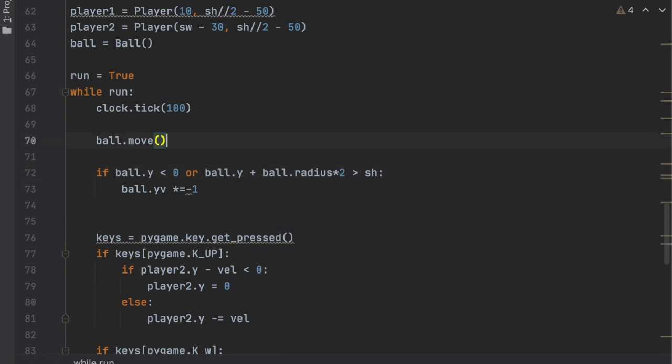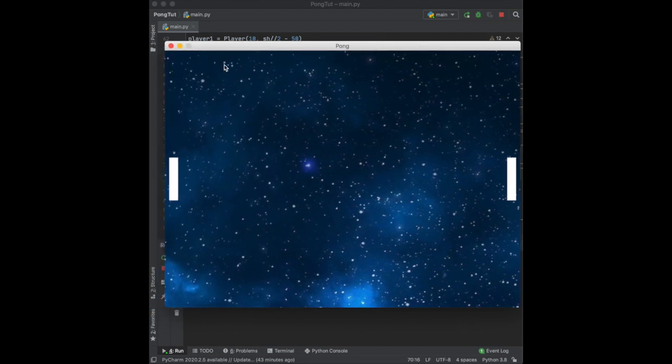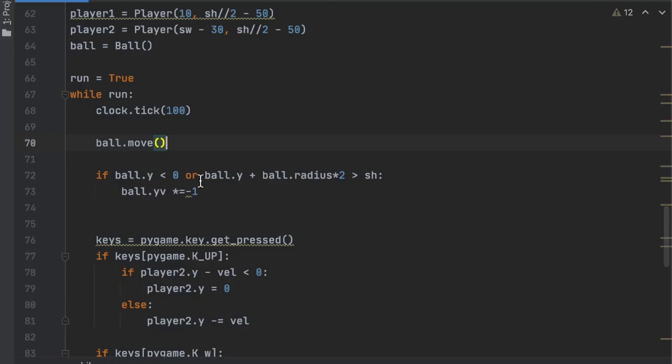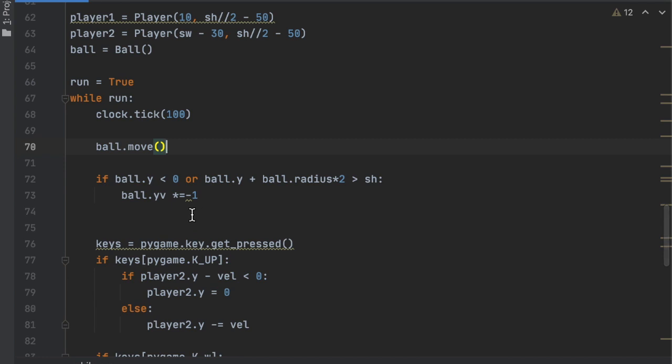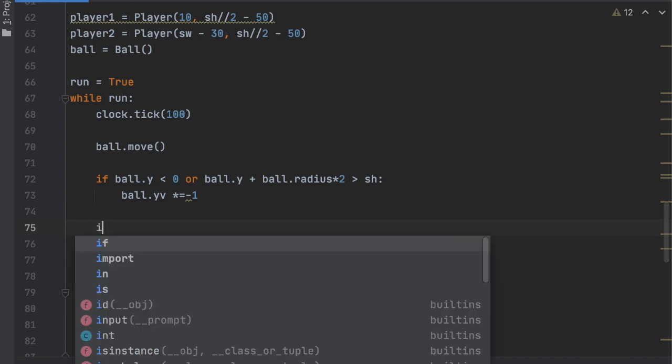So now let's run this. And as you can see, it hit the top left and then it bounced back down, which is exactly what we needed. The next thing we have to do is going to be checking for collisions between the ball and the paddles. So let us go down under that if statement, and what we're going to do is we are going to say if